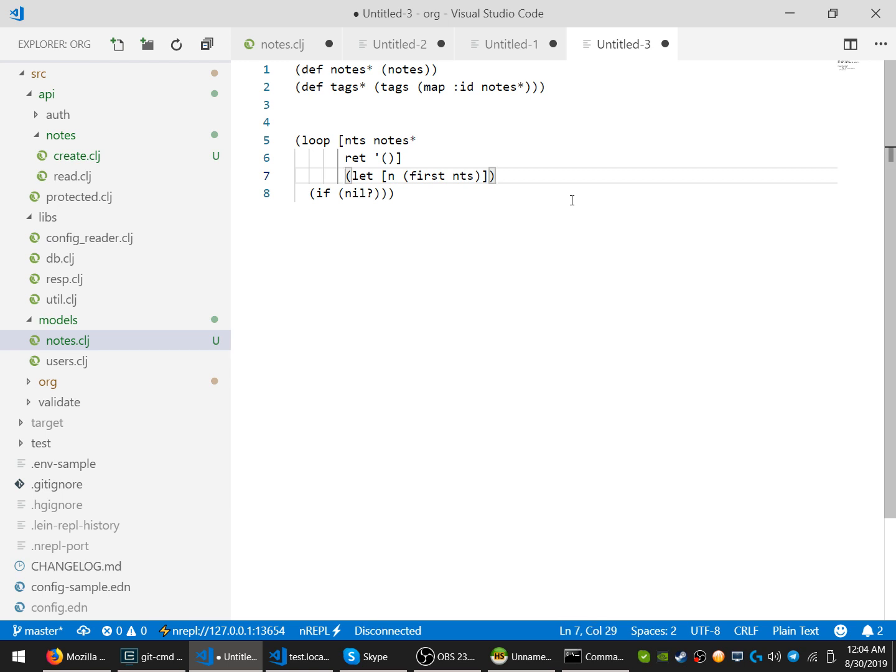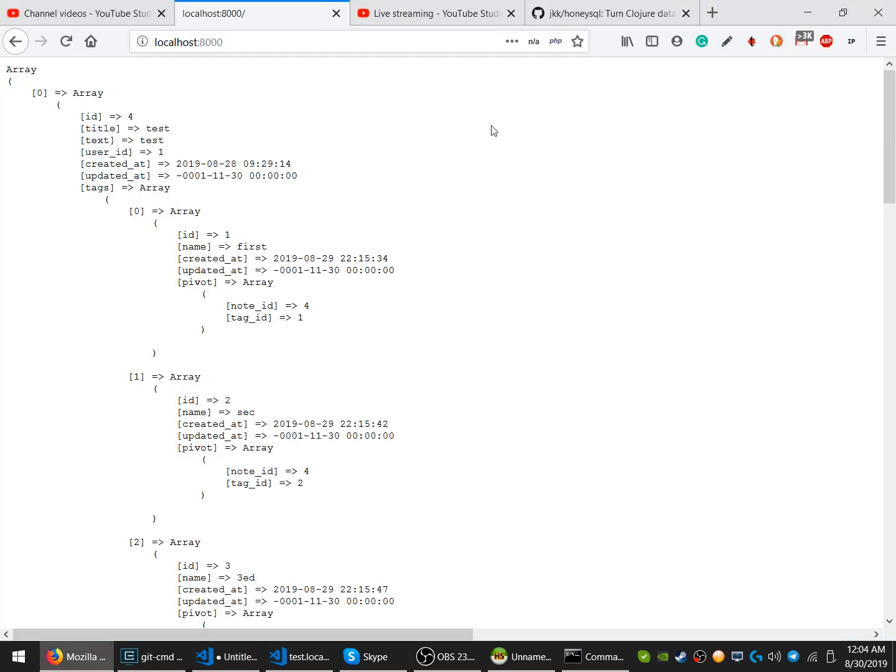So if n is nil, n means we don't have any item to iterate on. We simply return the value that we want to return, right? In the next scenario we gonna call recur. Actually, let's see if it's the correct form. Clojure